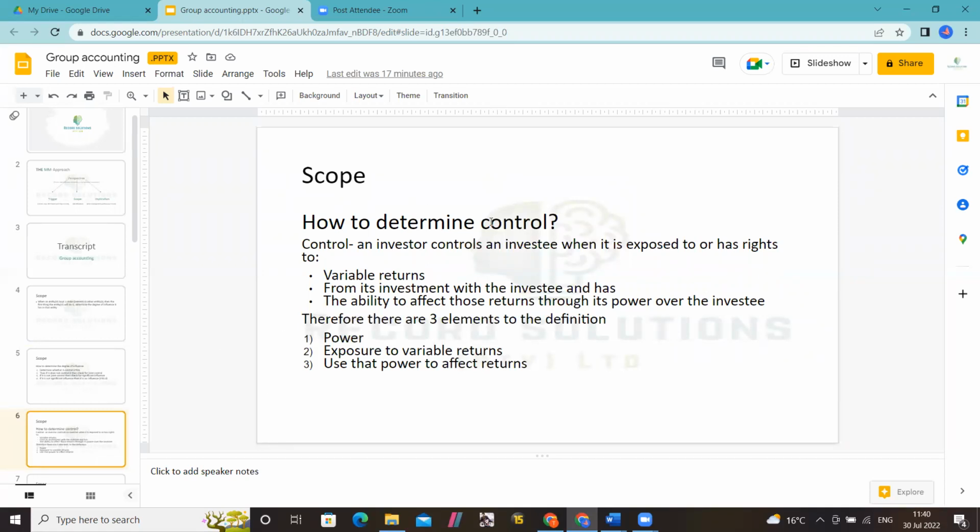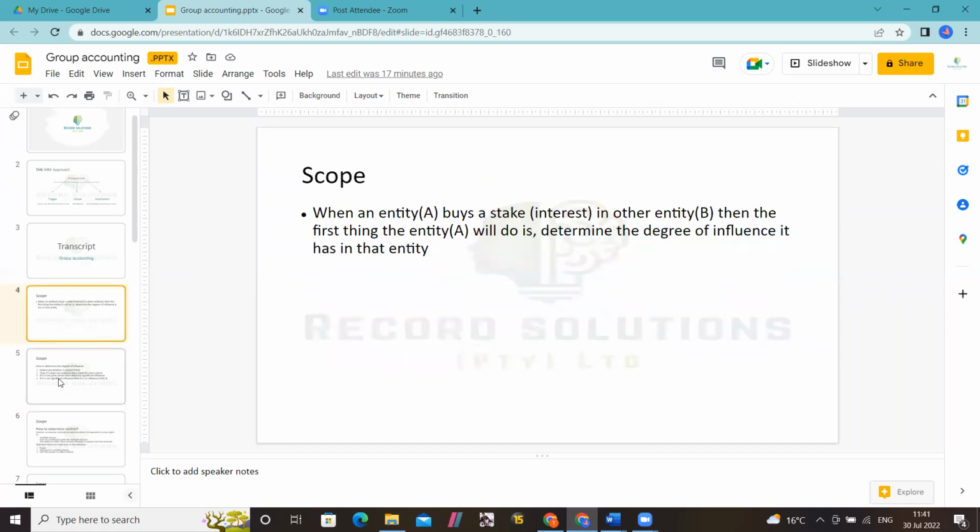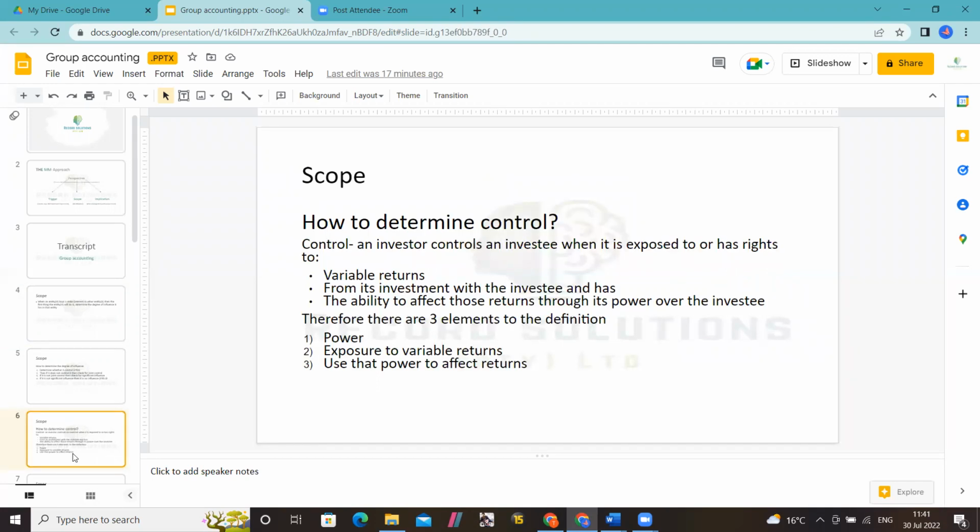So firstly is how to determine control. So what is control? So an investor, what is an investor? Investor, obviously, it's this entity, Entity A, because it's the one that's investing. So it's the one that's actually buying the shares. So the buyer here, it's the investor. So an investor controls an investee. Investee is the entity that you're investing in. So in this case, if there is control,